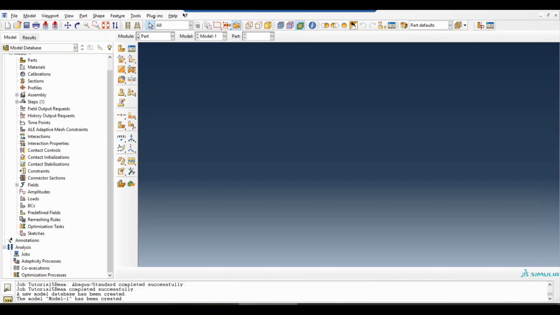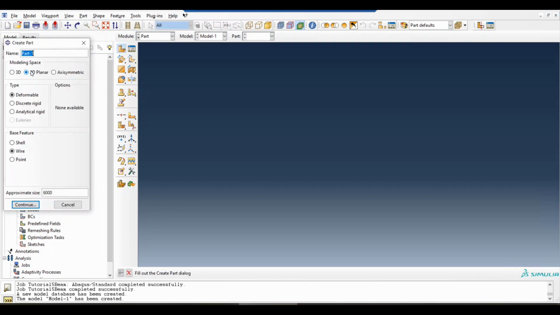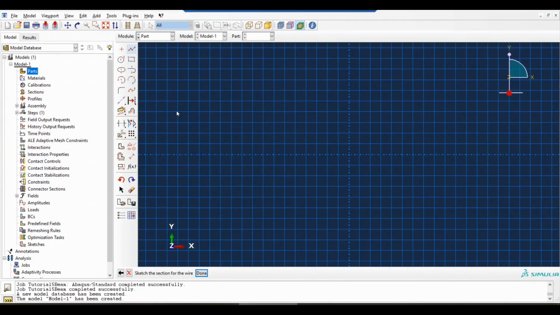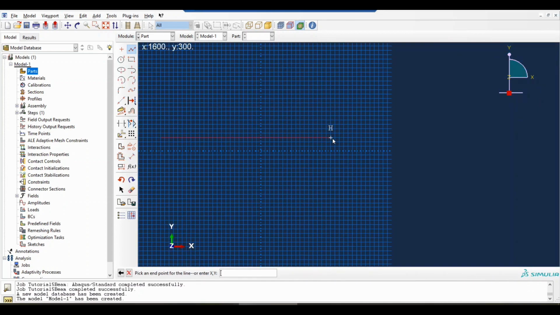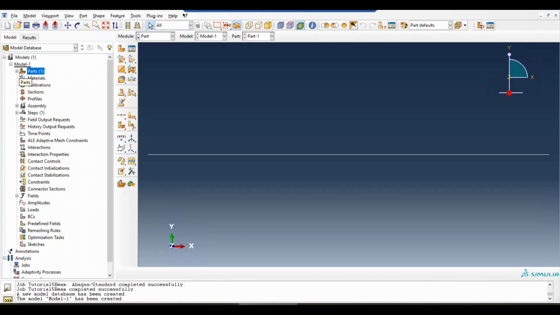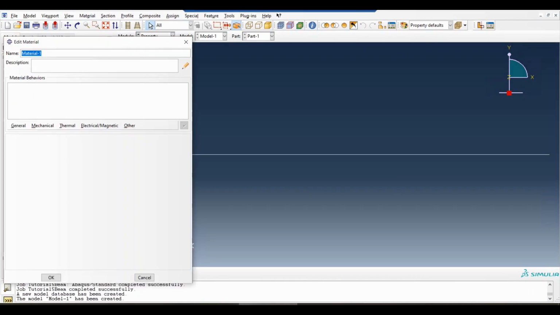So to model a beam like this, first we have to create our part. So go to parts, 2D deformable wire. You can keep this as 6000. We have to make a long beam here. Total length is 6 meters. That's done. Now create our materials. Steel,